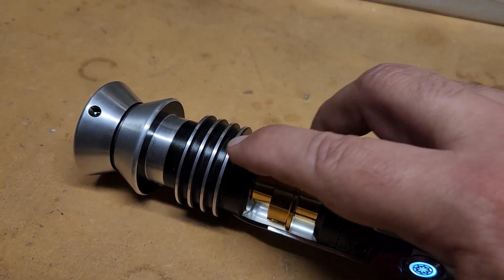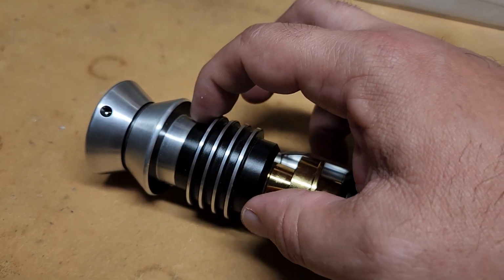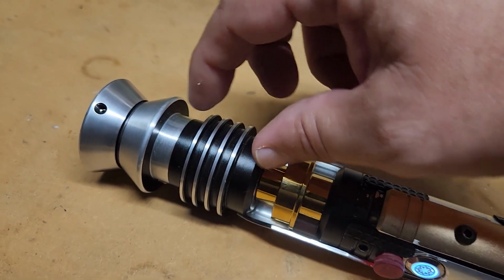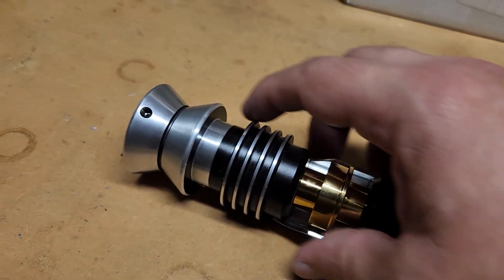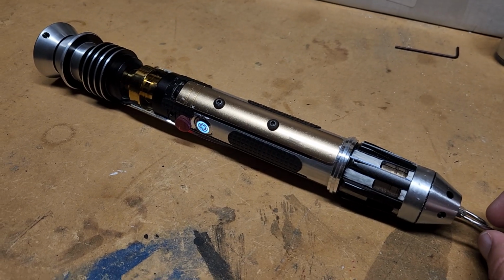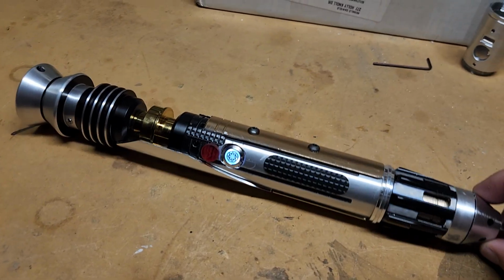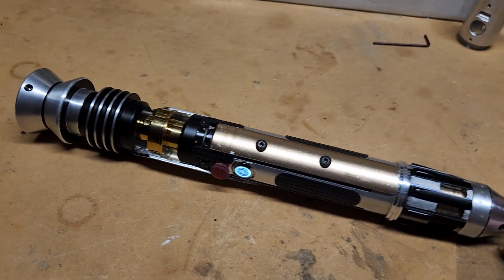Power on. So the emitter here, originally my intention was actually to cut the emitter here. Now that would make for a short emitter, which means blade retention would be a bit of a problem. And then I was thinking cut it here, but no, the front's too long and that would look silly. And then I said, you know what? If I make this a short grip saber with the brace, then everything kind of balances. I mean, the head is still a little large compared to the rest, but